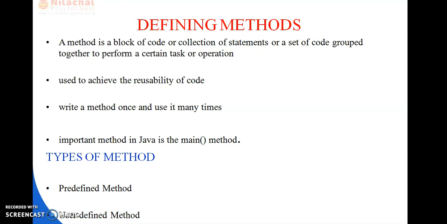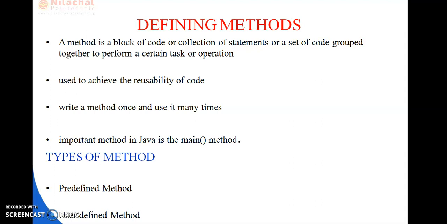What are the types of methods? There are two types of method, that is predefined method and user defined method. Once the method is written, it can be used again and again, due to which reusability of the code is achieved.